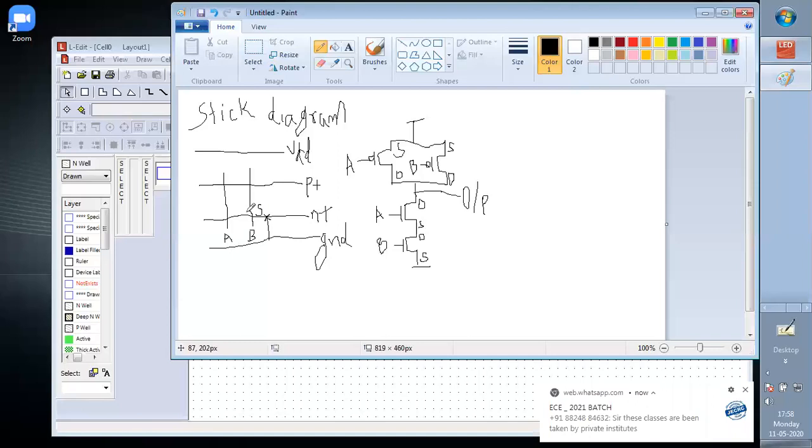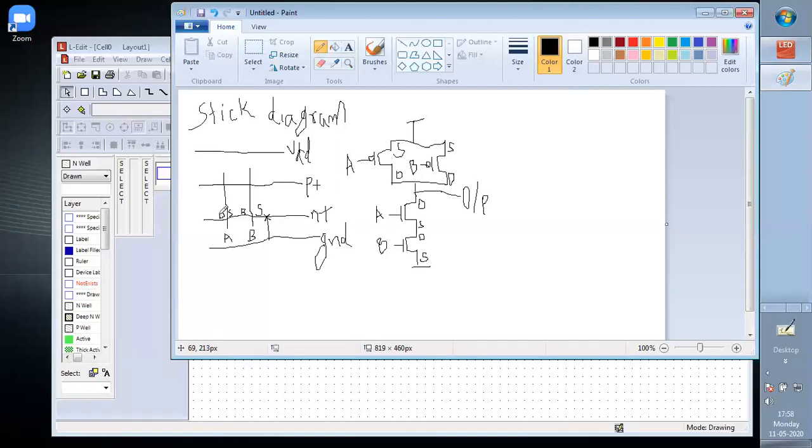Now, if this is the source, this will be the drain of B, and if this is the drain of B, it is connected with the source of A. So this side will be the source and this side will be the drain. And the drain is connected to the output. So we will connect this line with the output, and again a cross is required here.